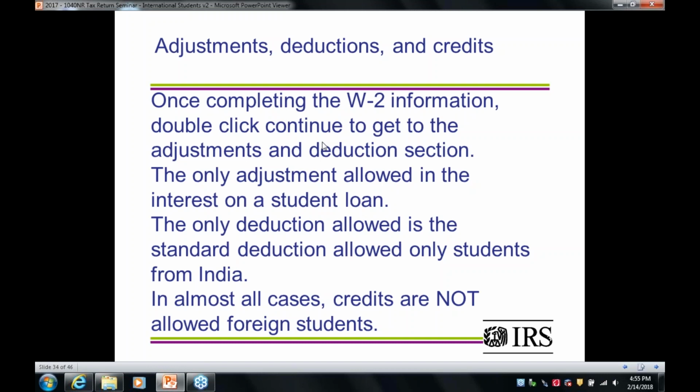To start out with, the only adjustment to income that a foreign student is allowed is the interest on the student loan. And hopefully you've learned in your courses that if a student has a student loan and he paid interest on that student loan